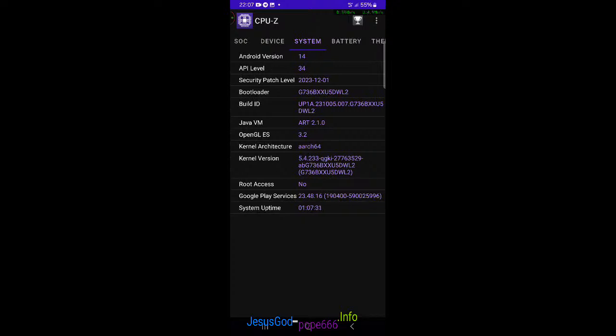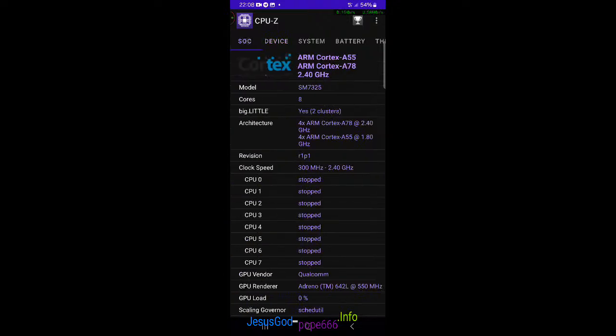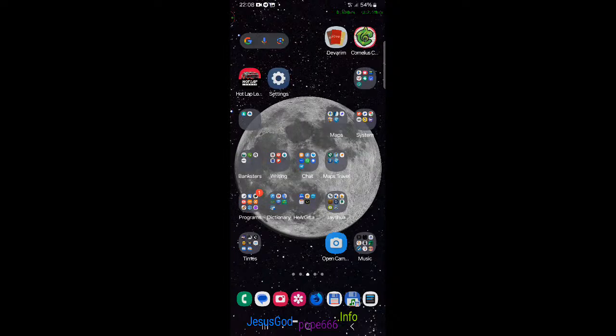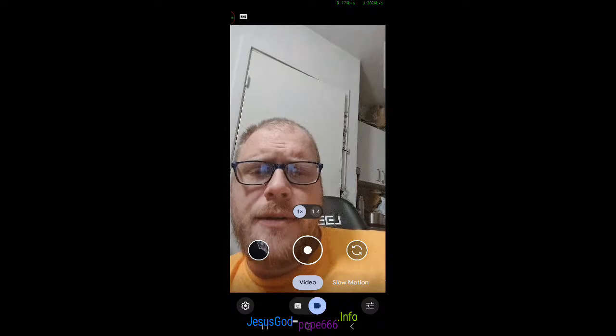API level 34, Android 14 and all that. So yeah, I should be able to upload without any issues, but it does seem to get a little hot. Who knows? Have I tried to make it say that it's too hot? Probably. Anyway, using the camera apps and all that also makes a lot of heat. But besides the camera apps in regards of recording it, there we go. That looks pretty good.